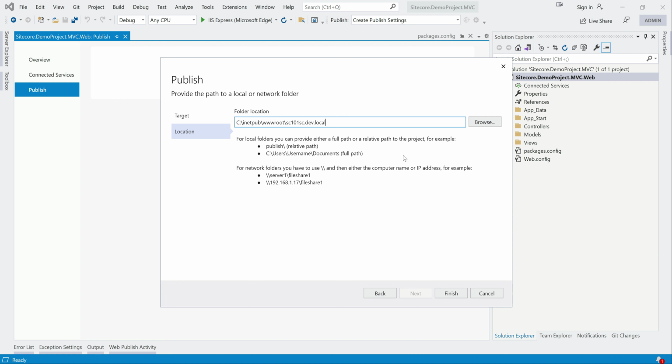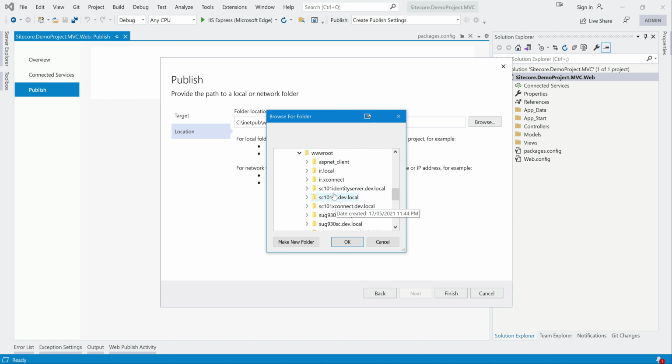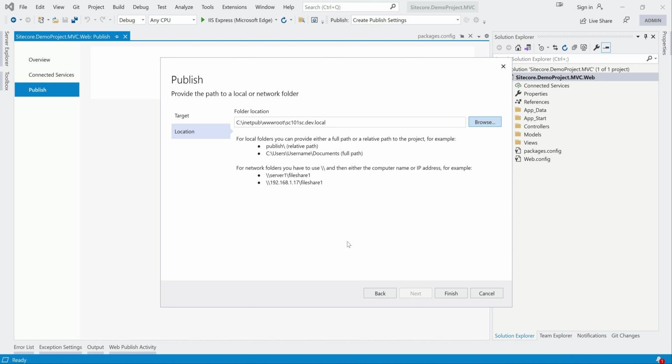Okay, let me browse and keep it then. I'm not getting the next option enabled. SC10, yeah, sorry, not next, finish. So this is what it is. Once you publish, it will go to this place. So finish.